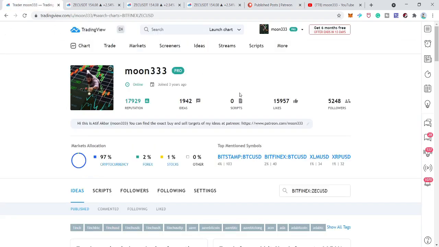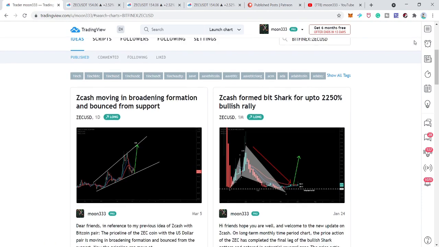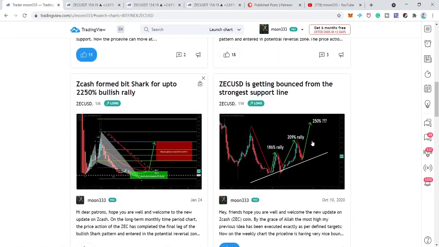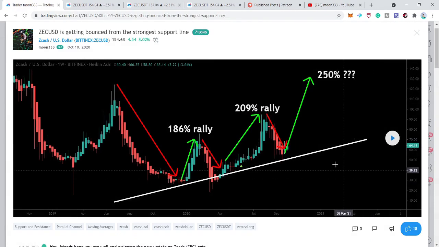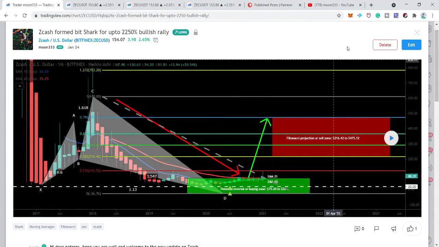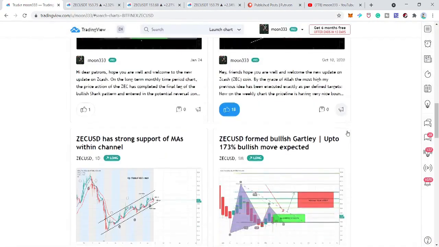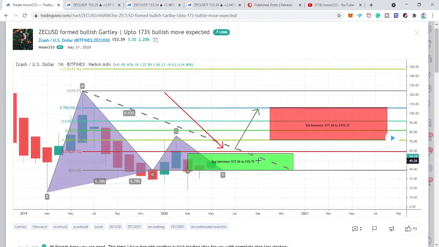Okay, first of all, let me share some previous ideas with you as a recap, because today's analysis has a very strong relation with the previous ideas. First of all, I want to share with you this support when the price action moved at this support, and at that time it was at $64, and at the same time the price line also completed this bullish shark move. And before this bullish shark move, I shared another bullish harmonic Gartley pattern that was in May 2020,